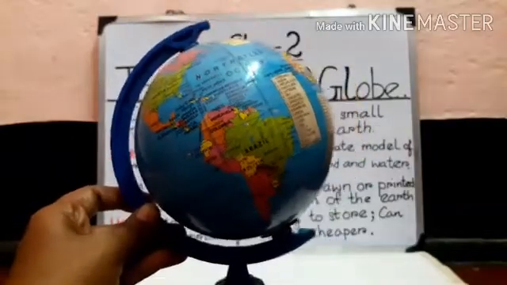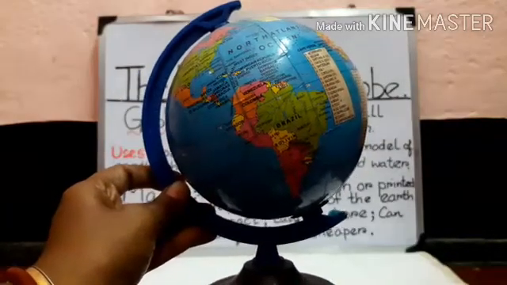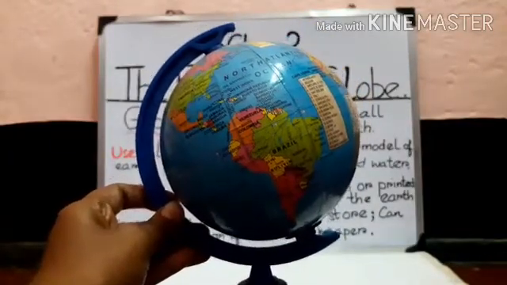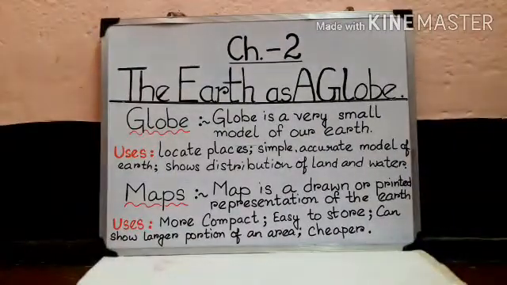Globe is helpful because it looks exactly like the earth, isn't it? So visually we can see how the earth actually looks. So a globe is a map in the shape of a ball. The globe is a very small model of the earth. A globe cannot be as huge as the earth, isn't it? Our earth is huge and a globe is just a model of the earth. So it is very small as compared to the earth, as it is just a model.